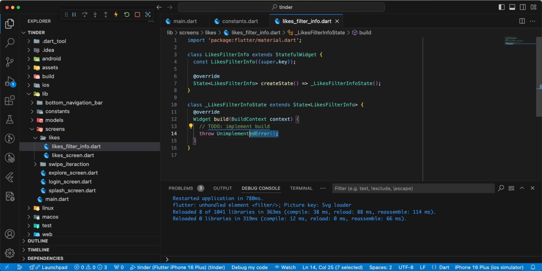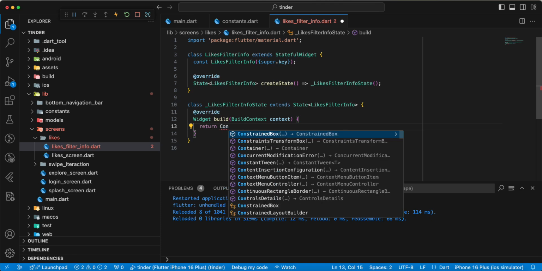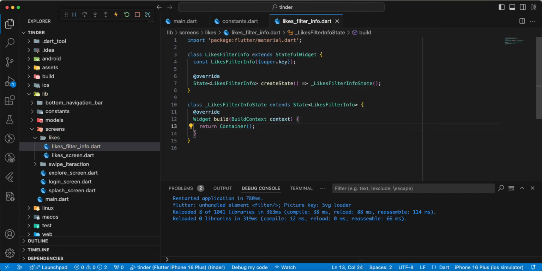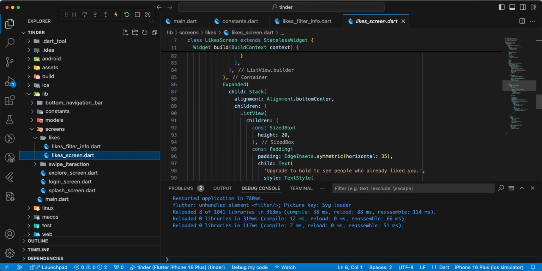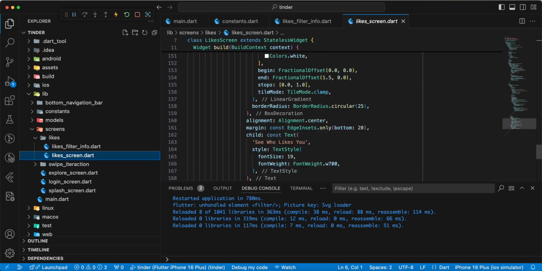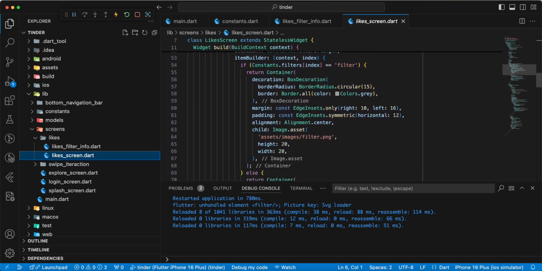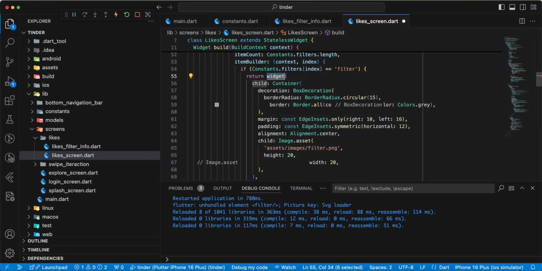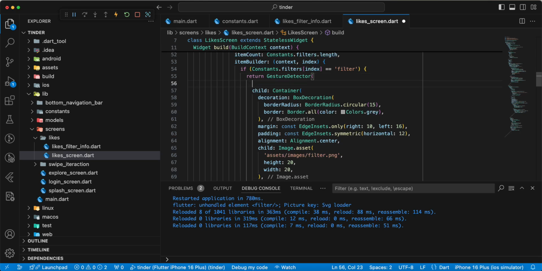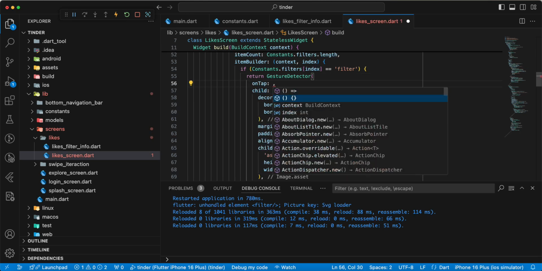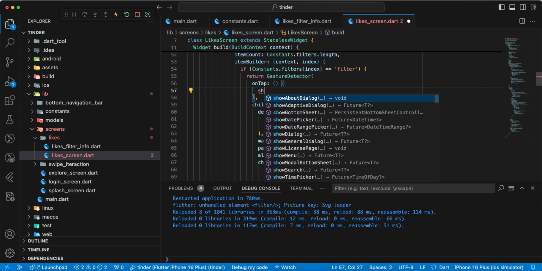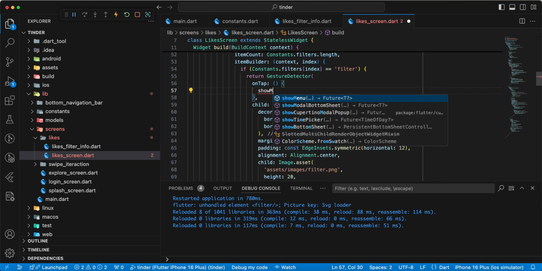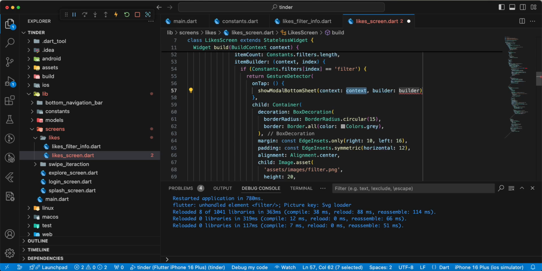Then we write return, add widget container, and we open likes screen. And we add gesture detector right on top, and we write showModalBottomSheet,